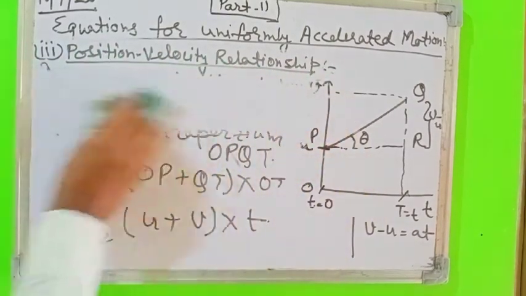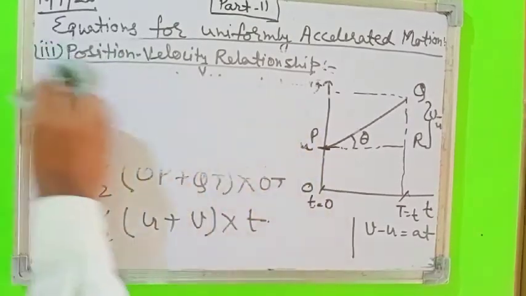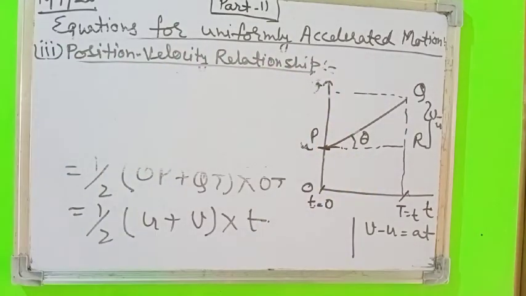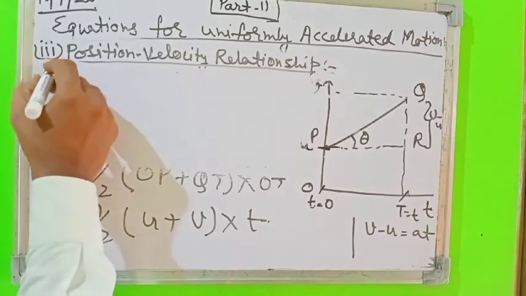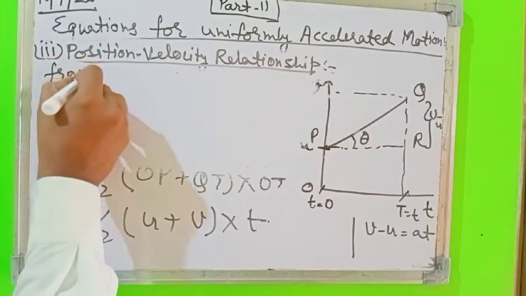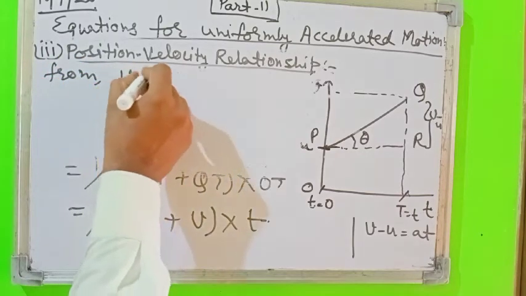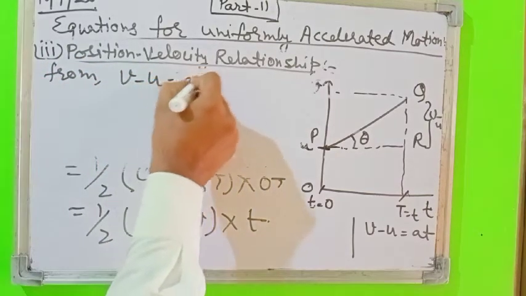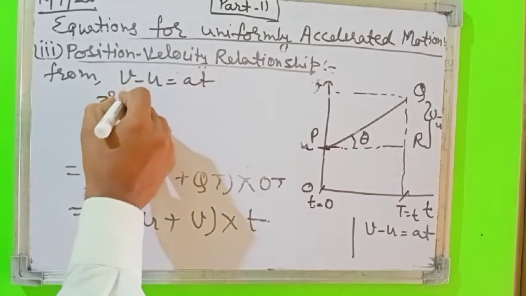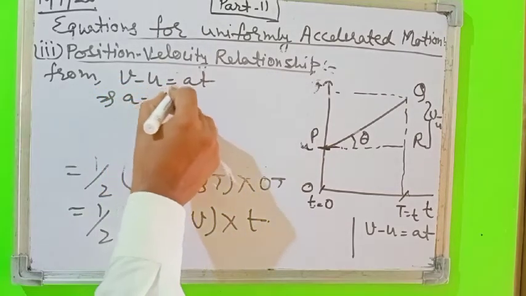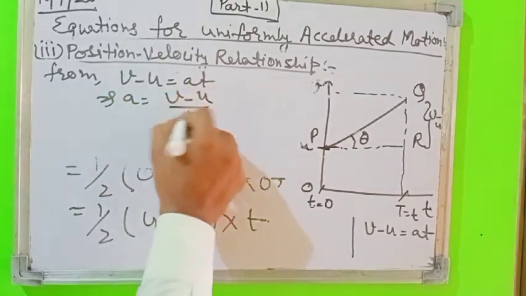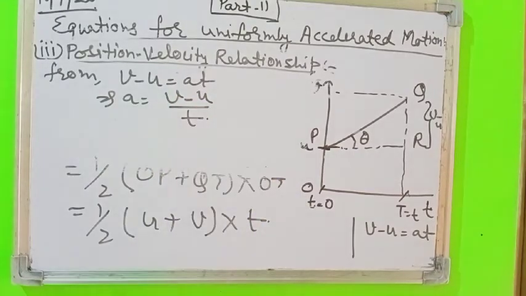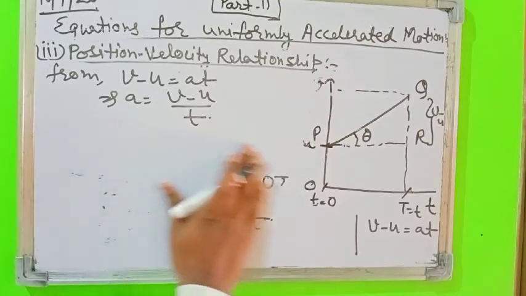Now look here. From the first equation you know that V minus U is equal to AT, or from here you can calculate that A is equal to (V minus U) upon T. Putting the values here,